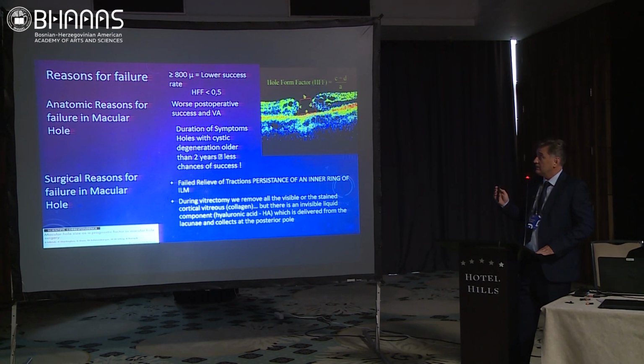We have two anatomical reasons for failure in macular hole. It is a hole larger than 800 microns, and the hole form factor is less than 0.5. It's calculated. That is the anatomical reason for failure. Surgical reasons for failure in macular hole are